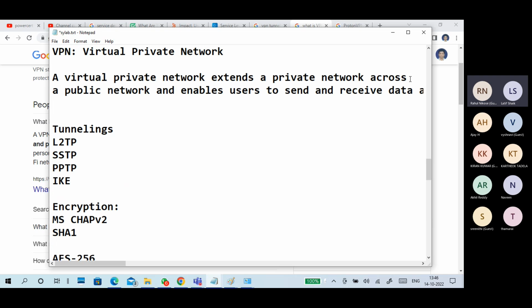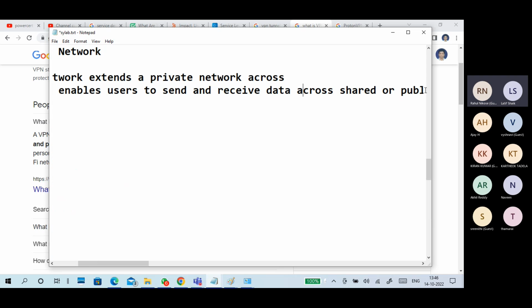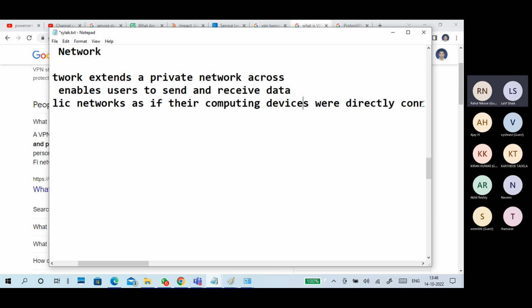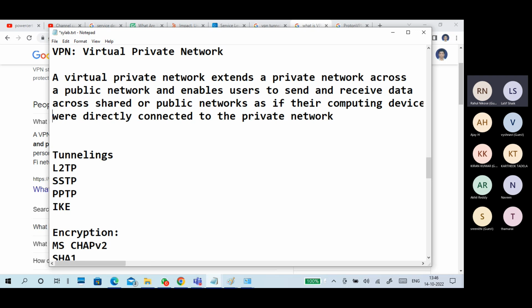A virtual private network extends a private network across the public network. It enables users to send and receive data across a shared or public network as if their computing devices were directly connected to the private network.